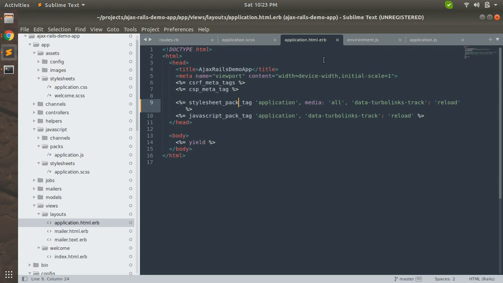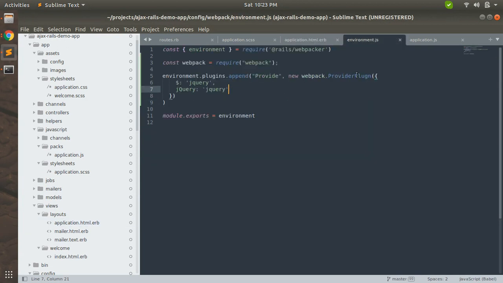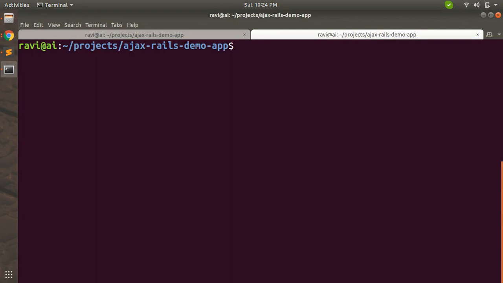Okay, so there is some error in our environment.js, we need to provide the plugin. Now, since we have added all of our Bootstrap, jQuery, and Popper plugins here, we need to run the webpack-dev-server command to serve our assets faster. We are running this Webpack server because we are serving our assets using Webpacker.